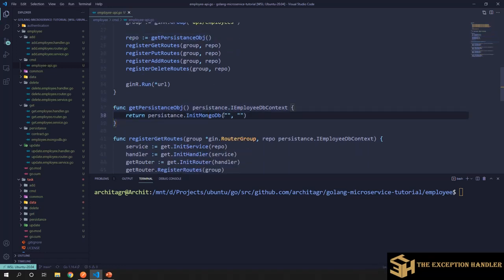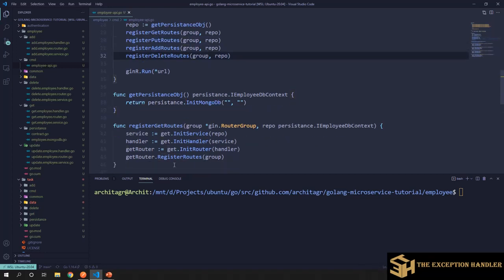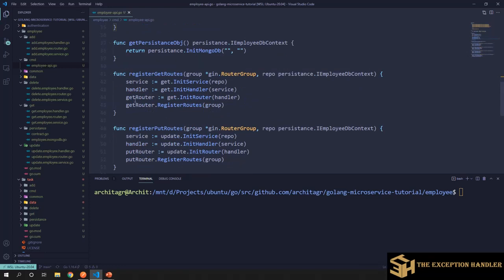Right now, I'm not passing in the connection string or anything because I'm not using it. Then we register routes for get, put, add, and delete. While registering get, we try to create all the dependent services, then initiate the route for get,